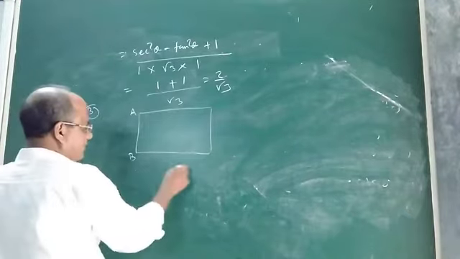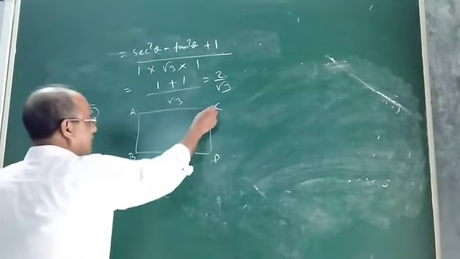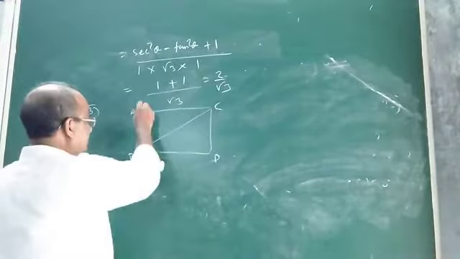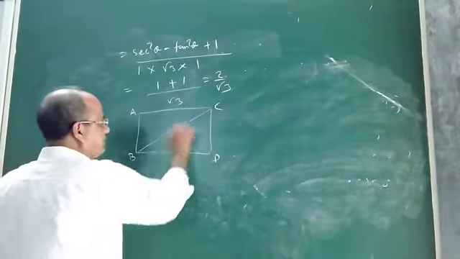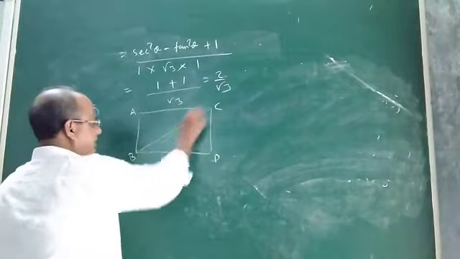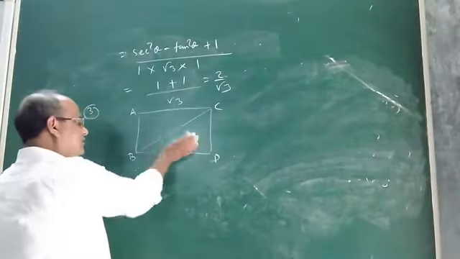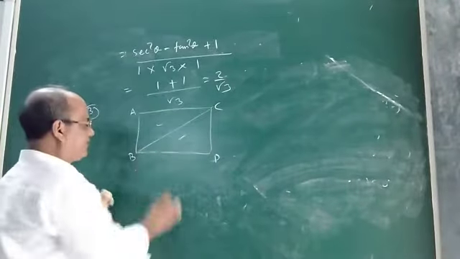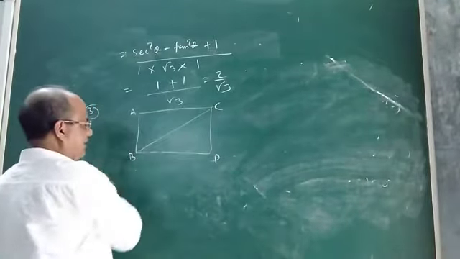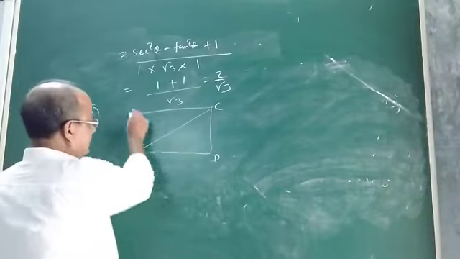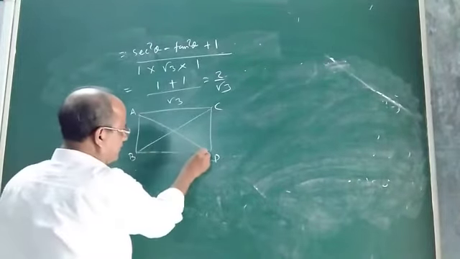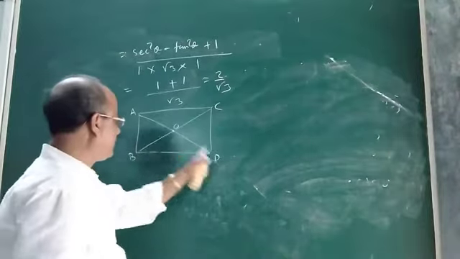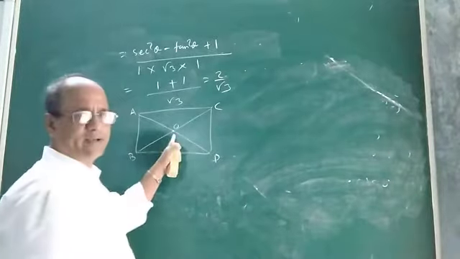A, B, C and D. You see, suppose triangle ABC. What is the question? See. Triangle ABC and triangle DBC. Look at triangle ABC and triangle DBC. They stand on the same base BC. Okay. These two triangles stand on the same base BC. Okay. And you see this AD and BC. If we join, see. Suppose the point of intersection is O. Okay. Suppose AD and BC they intersect at O.